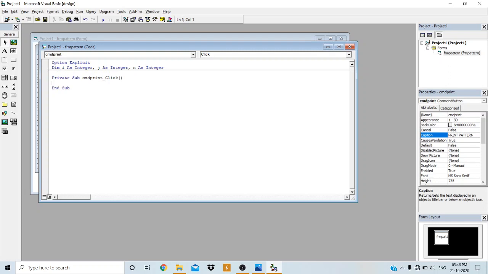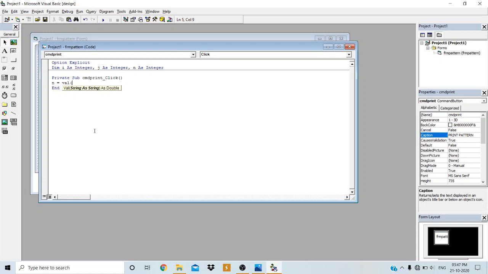Now for the command button click event, I have to write the code. First we have to fetch the value from the input box. What is the input provided by the user? I want to store the input value from the text box to variable n. So n is equal to Val of, the Val function will convert the string to integer type.